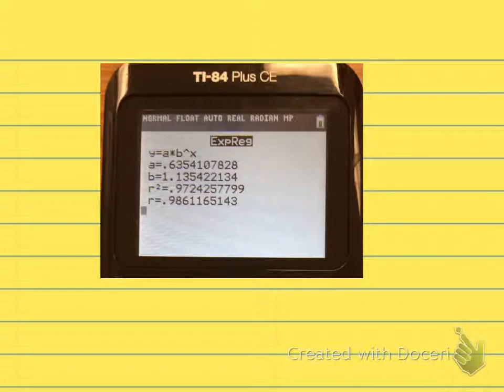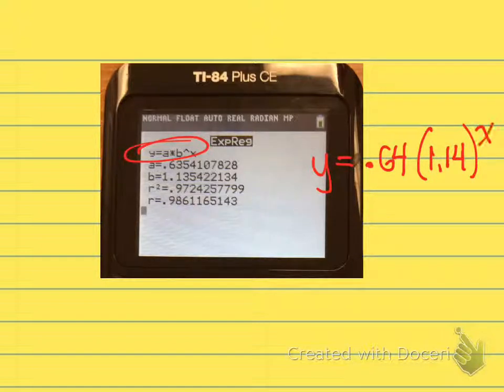The next one we're checking is the exponential model. And you can see the equation is given to you. You're going to round to the nearest hundredth. So our equation here will be y equals 0.64 times 1.14 to the x. And r squared here is 0.9724. Now, if we were just going to compare the r squares, we can see that this is much higher